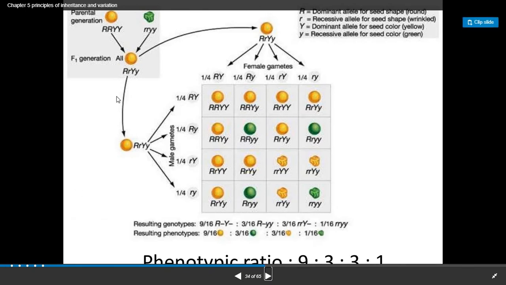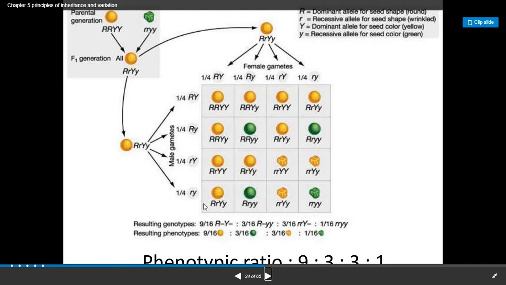Now in this whole figure, the dihybrid cross is given along with the F2 generation. Here we have seen the parents crossing, and in the F1 generation the round and yellow plants result. Now whenever these round and yellow plants are self crossed with each other, that is F1 into F1, this is how the table results in the F2 generation.